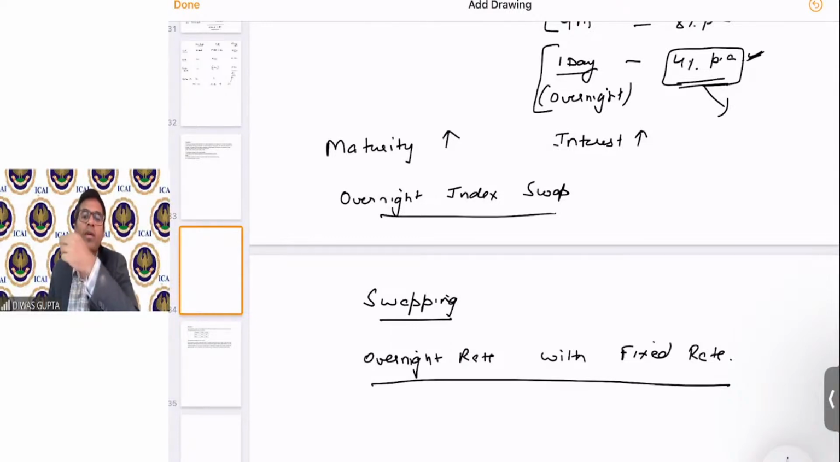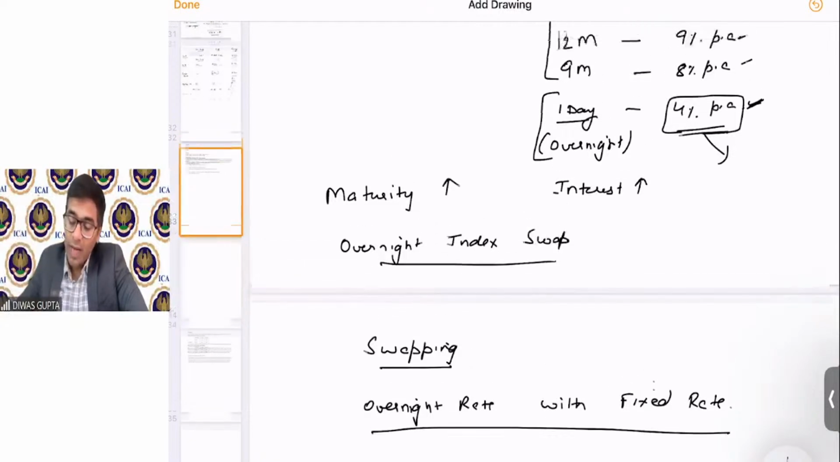So we are swapping overnight rate with fixed rate. And let me tell you, students, this OIS is not from the topic. I'm just telling you from an interest point of view. If I'm swapping overnight rate with fixed rate, that is called an overnight index swap. So if the overnight index rate in any economy becomes higher than the higher maturity rates,